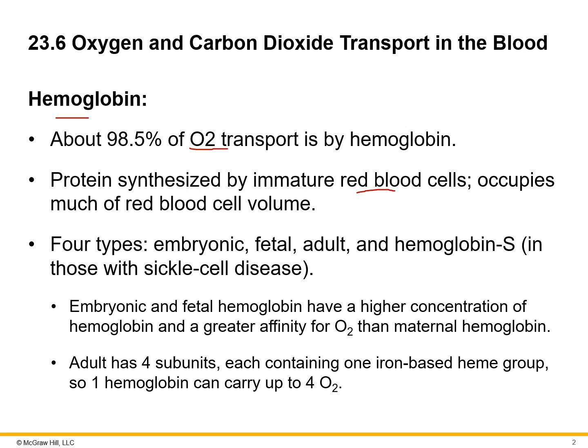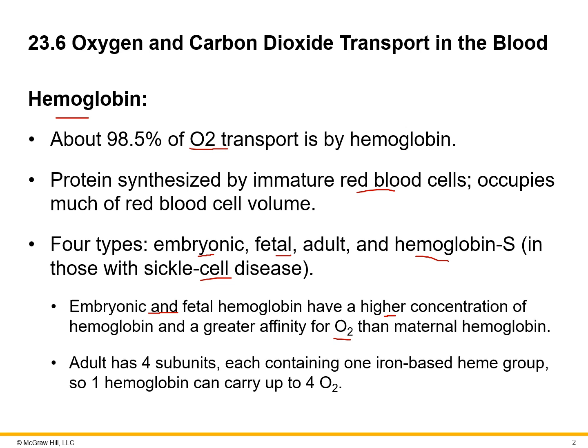Now we have 4 different types. We have embryonic hemoglobin, fetal, adult, and then what's called hemoglobin S. And that's only in individuals that have sickle cell anemia. So that S is for sickle cell. Embryonic and fetal have a higher concentration of hemoglobin, and it has a higher affinity for oxygen than the adult